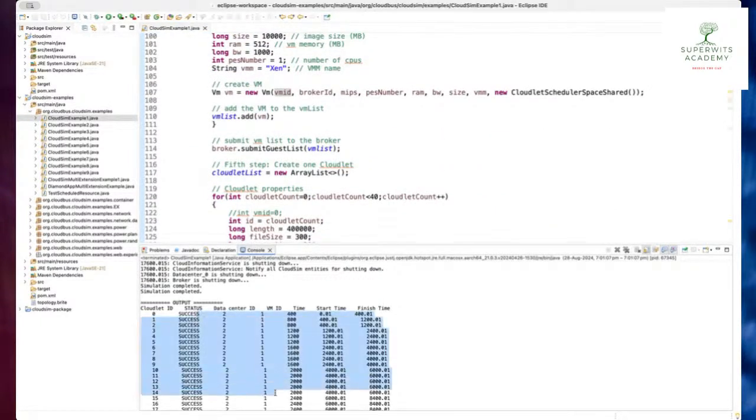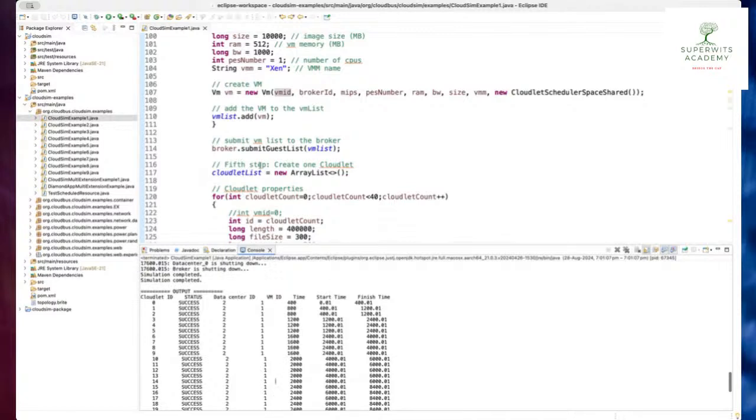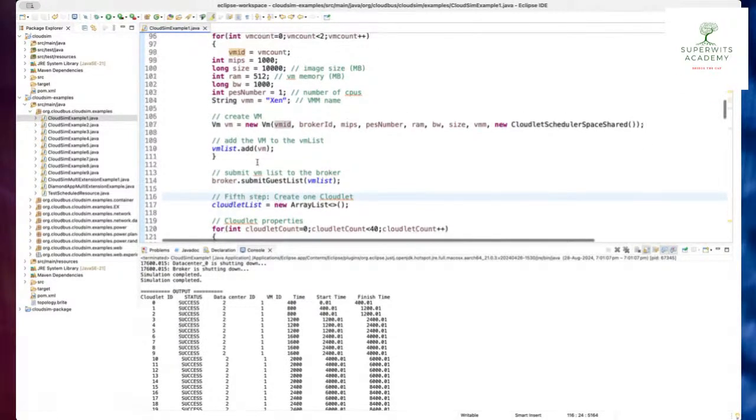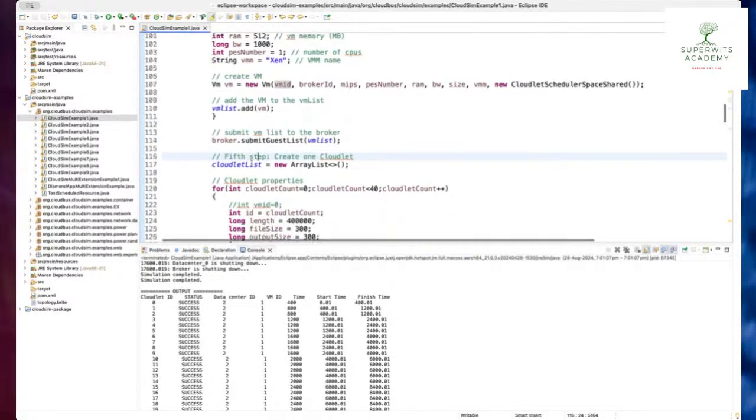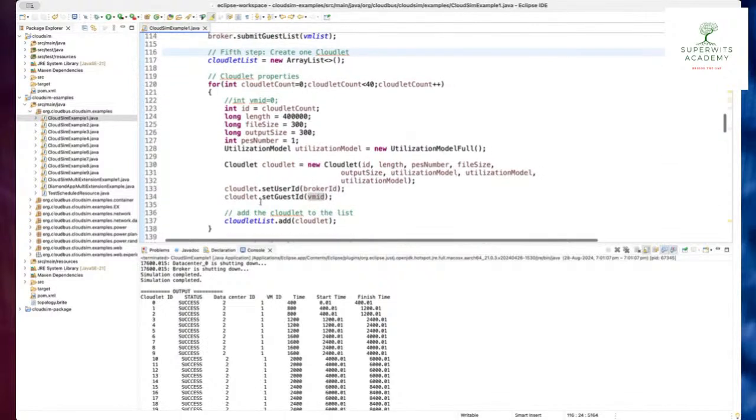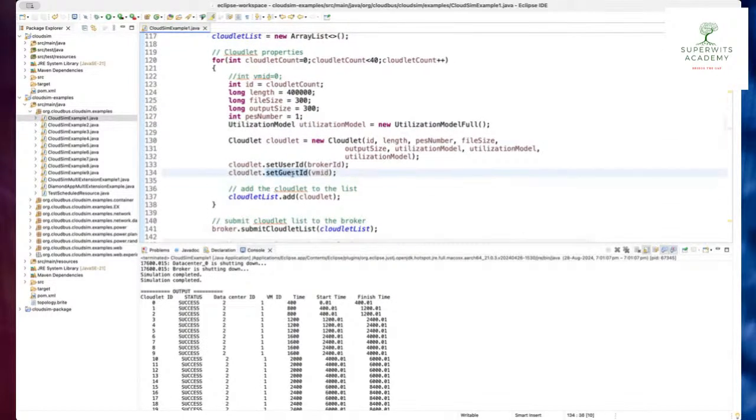That is how all the tasks are being allocated to the VM ID, because what we are doing is setting the guest ID as VM ID. So if I just comment out this particular line, that is line number 134, where Cloudlet is set to a guest ID, that is VM ID,